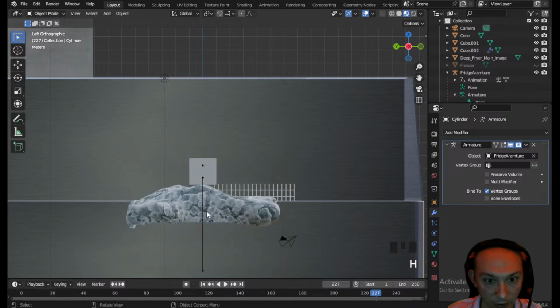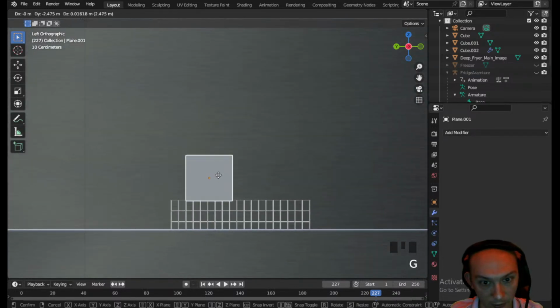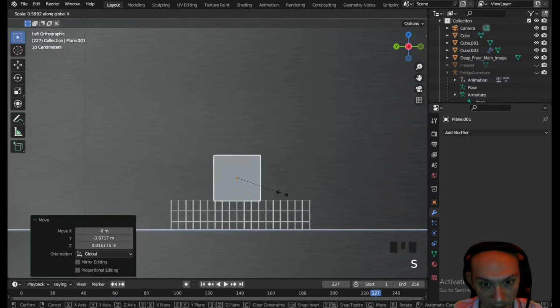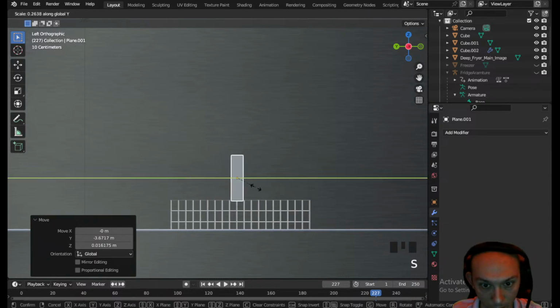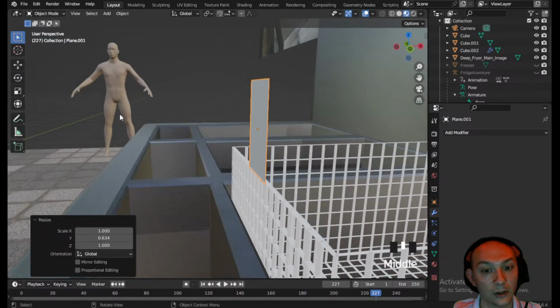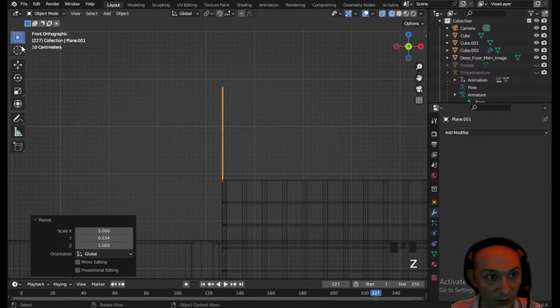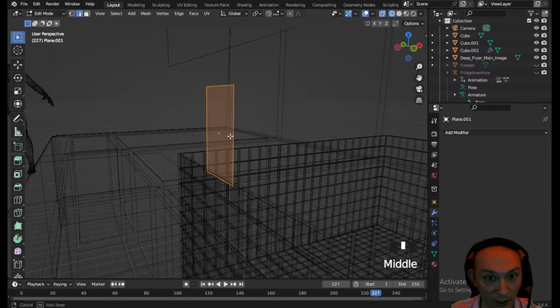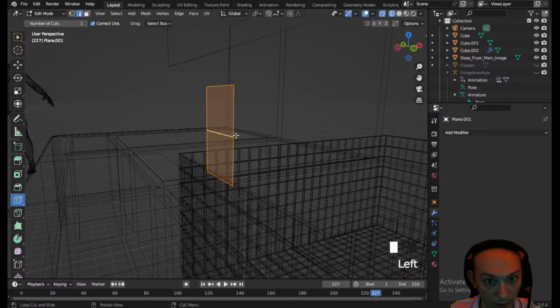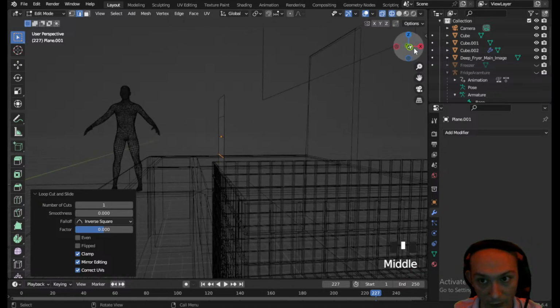Let's hide our fridge and our ice and our bones. And then we'll bring it on over right here, and then we'll scale it to resemble more of what we want. Probably about that wide, and if we go to Z on the wireframe, we can go to edit mode, and we could put, let's just do 1, 2, 3, and I'm going to make it a little